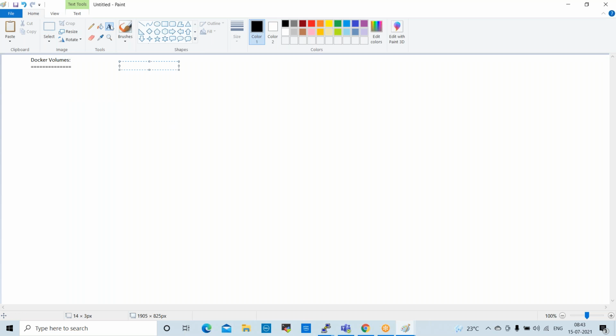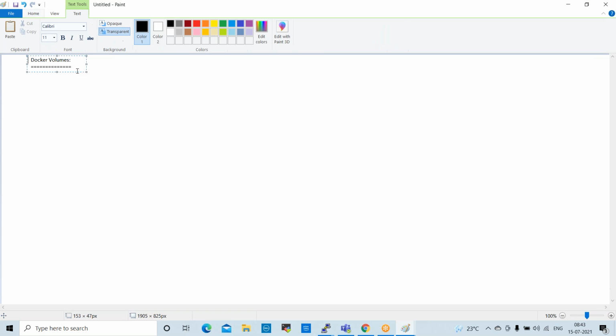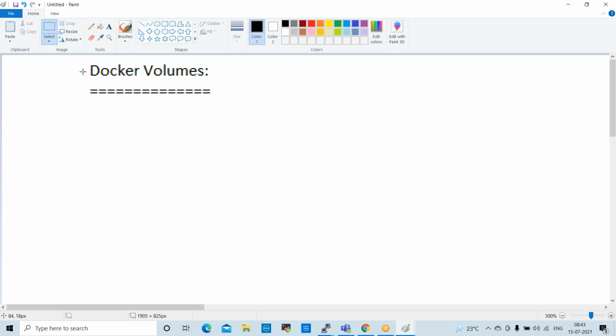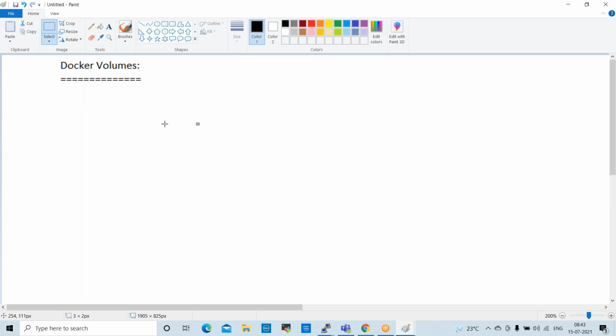Okay. So we'll try to understand. These are very small, theoretical concepts. So what is Docker volume? Fine. So Docker volumes are file systems. Docker volumes are file systems mounted on Docker containers to preserve data generated by the running containers. Fine. So it is a file system. So for example,